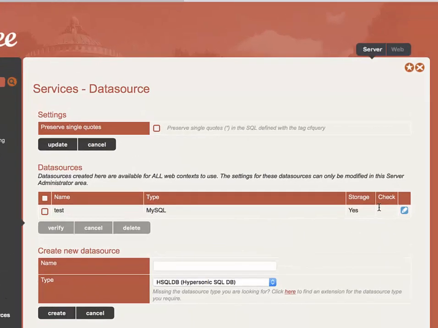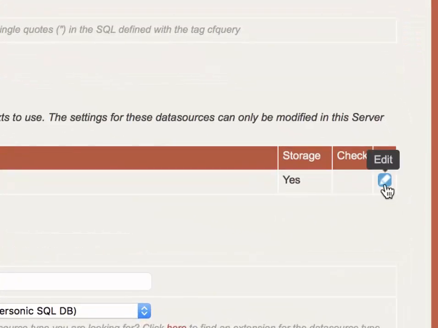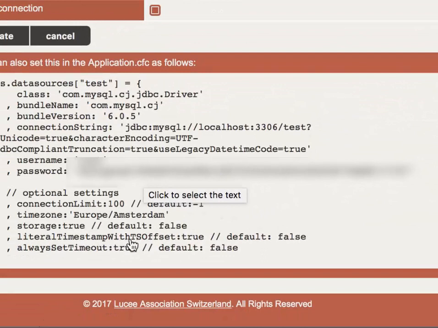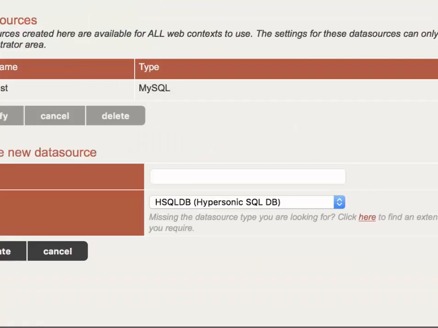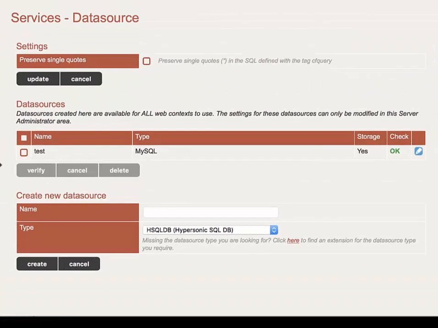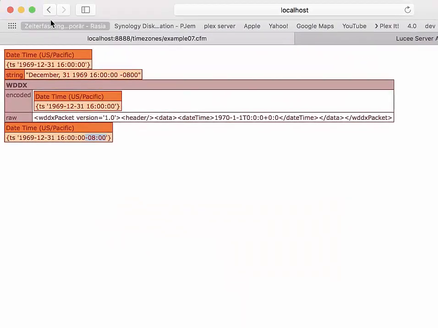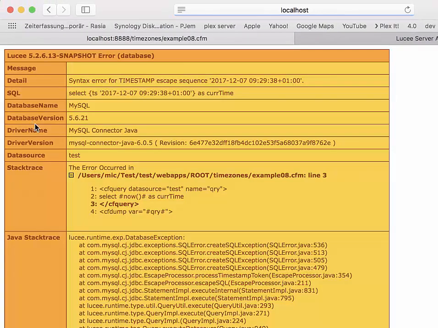The admin has to pick up that change. So literal timestamp with TS offset true. I store that. Now the time zone should be part of the timestamp in the case of that MySQL data source. So when I go back,